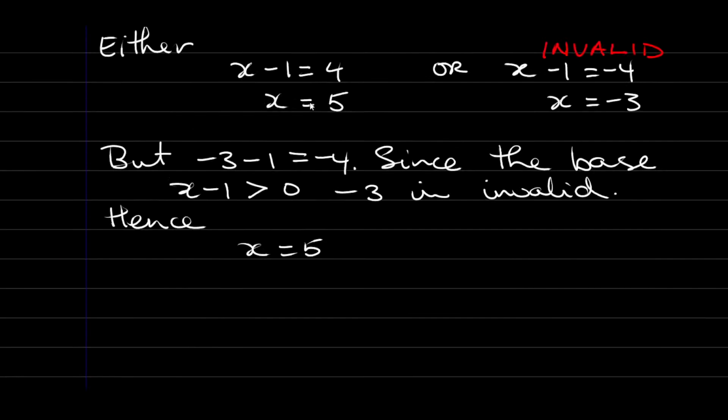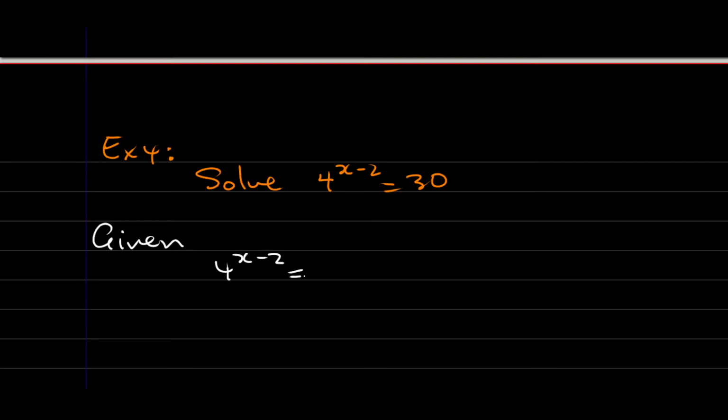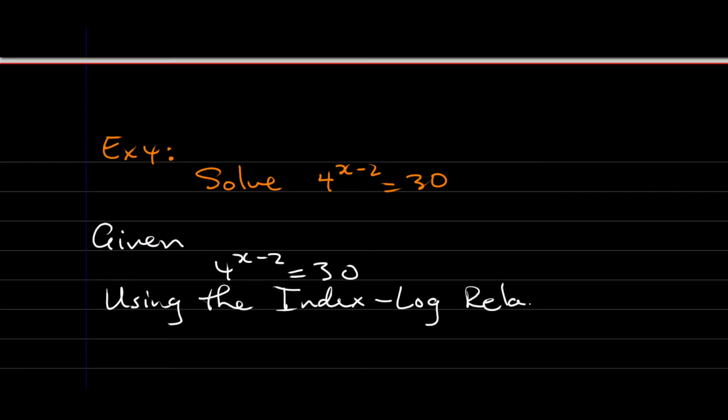This is number 3 or number 4? Oh, number 4. All right. So let's start with example number 4. Okay. So we're to solve 4 to the power of x minus 2 equal to 30. So given that 4 to the power of x minus 2 is equal to 30, using the index log relationship,